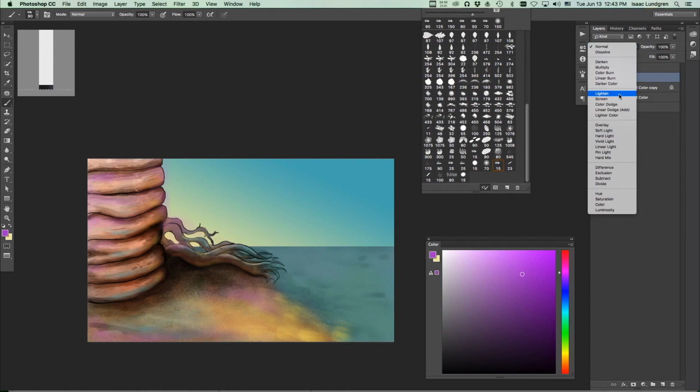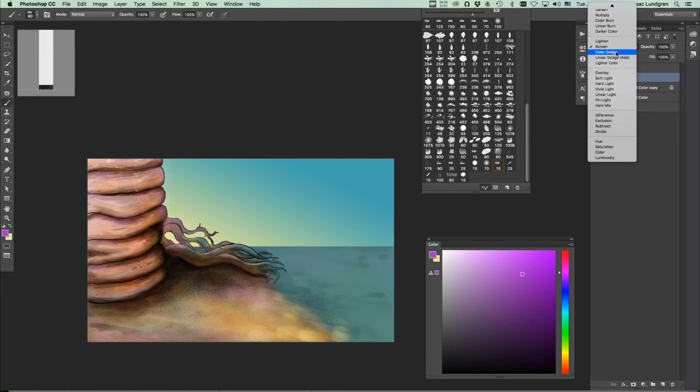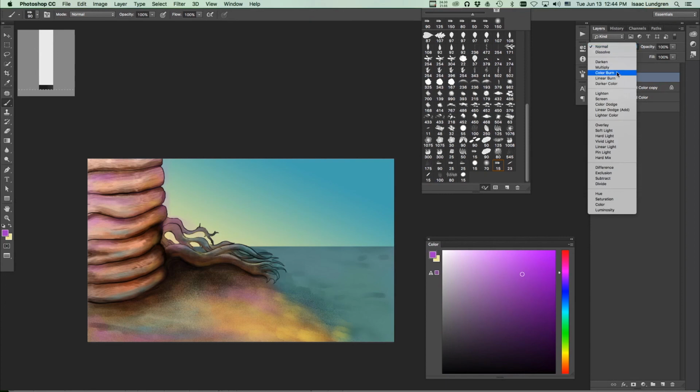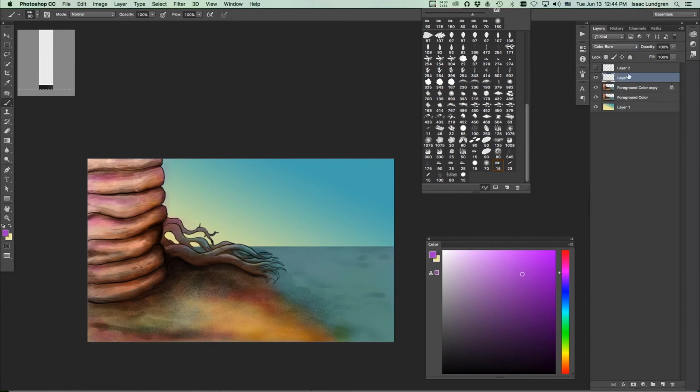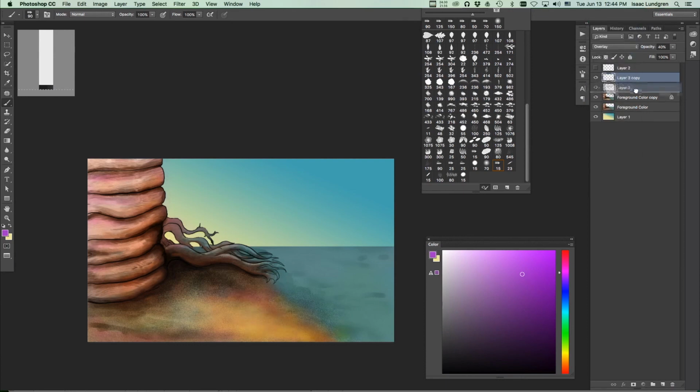I wonder what that would look like with a different blending mode. Lighten, screen, color dodge, color burn. Not bad. Multiply, overlay, normal, color burn, turn it down. I'm going to duplicate it, give this one overlay, put that under the color burn,